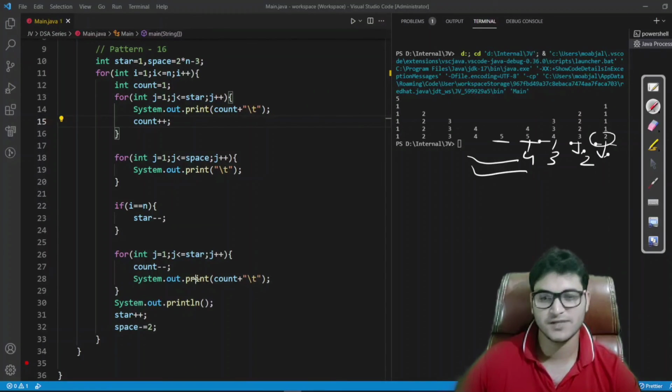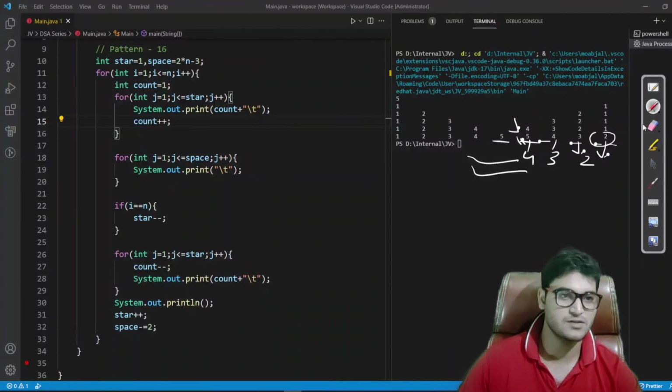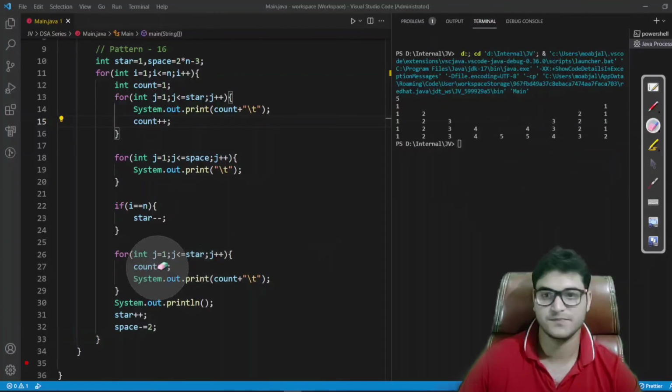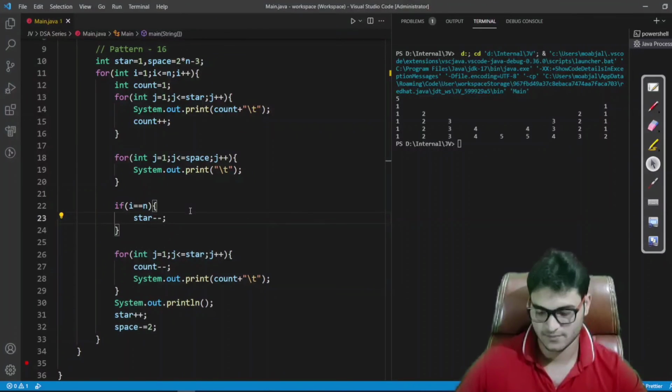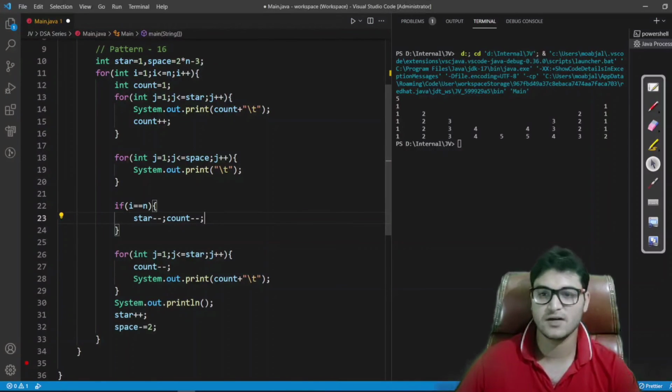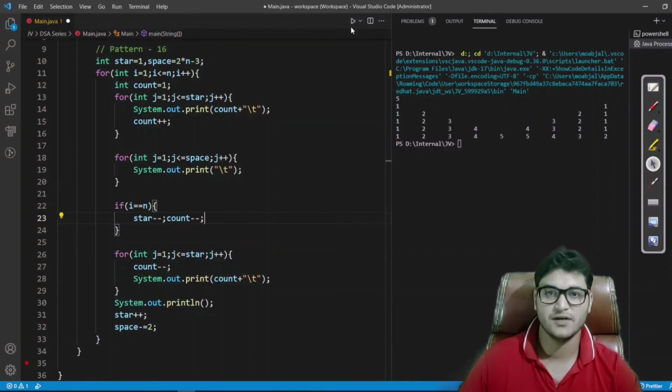Fine, so as we did for the last row with stars, we just have to do the same for the counter also, because we have to decrease the counter first and then we have to start the printing for these remaining stars. Fine, so let me do that also and we are done. So I have to decrease the count also in case of the last row, and we are done here.